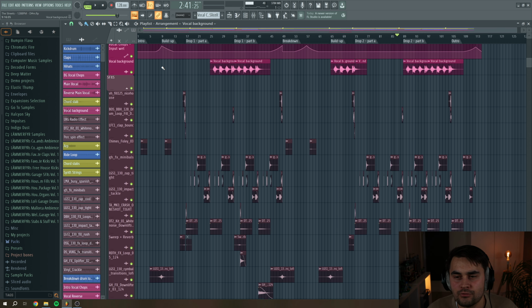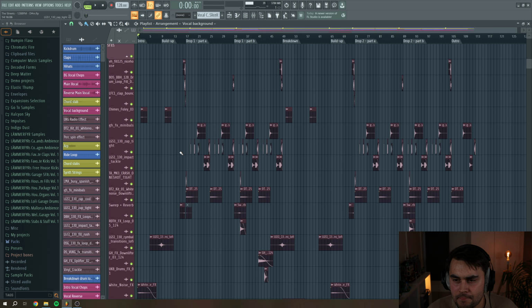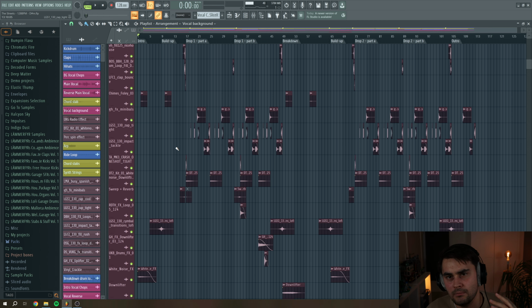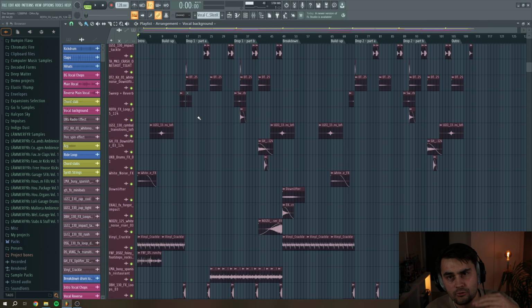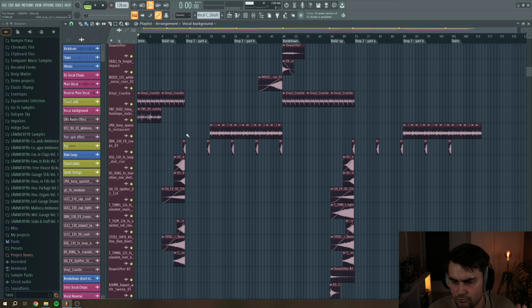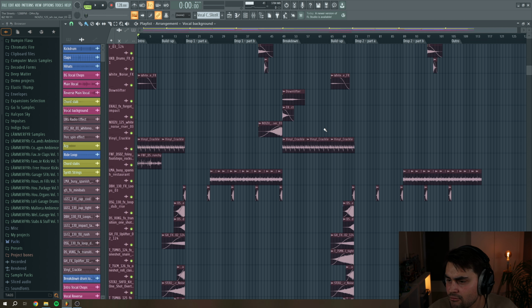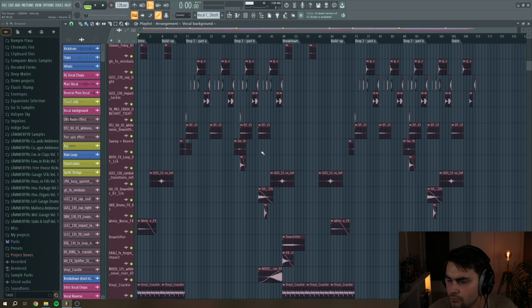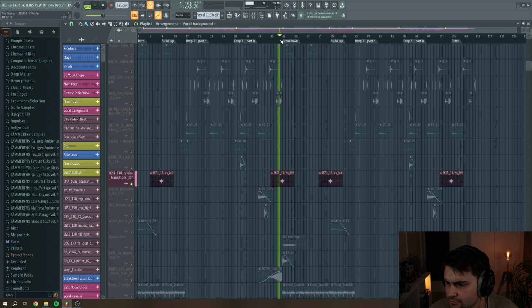Basically, what I search for in terms of SFX, I can split them into some parts. There are those that are crashes, sweeps and rises. I tend to use them for rises. I have a lot here for the build-up, obviously. And then I have some small, simple ones here for transition stuff,